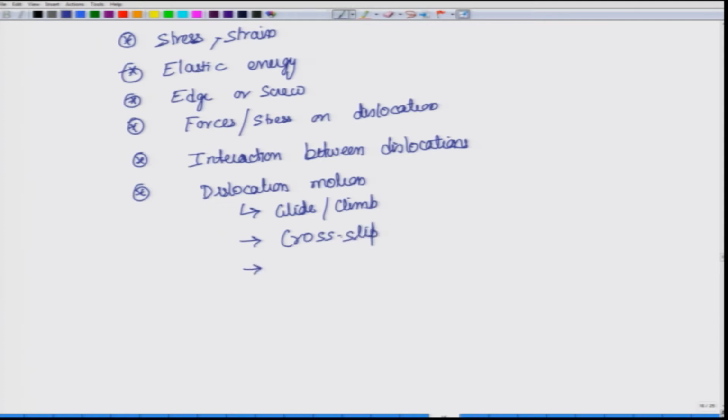We also found that there is a minimum stress required, the critical resolved shear stress, or, looking at it atomistically, the Peierls-Nabarro stress, which must be overcome for the dislocations to move continuously. And we also looked at intersection, and at strain rate and velocity